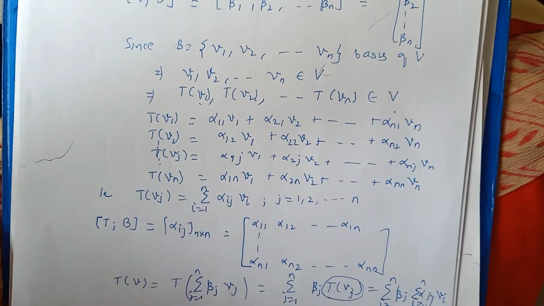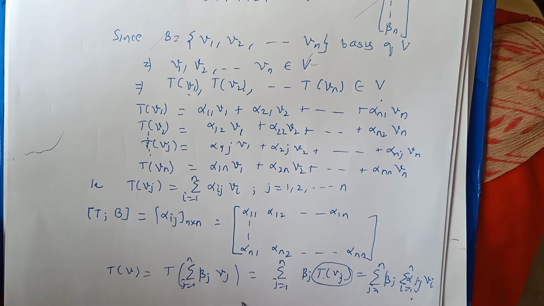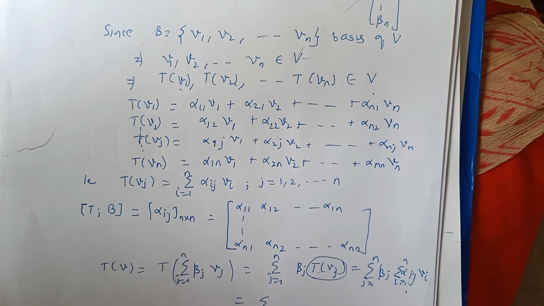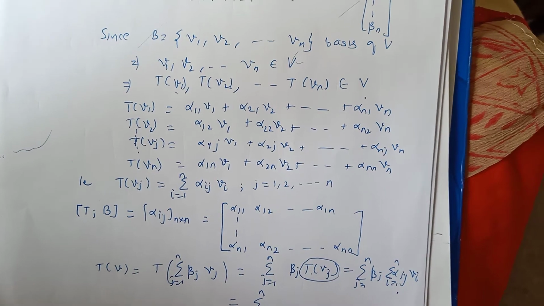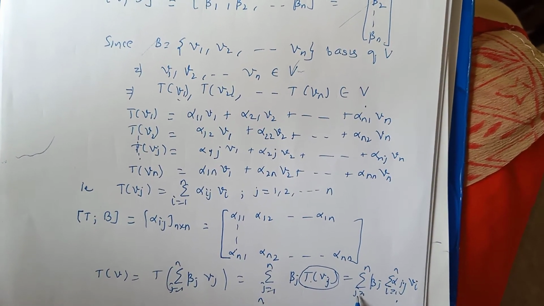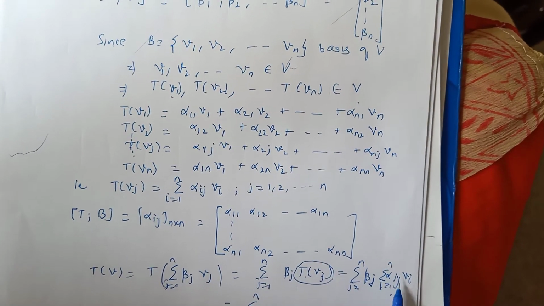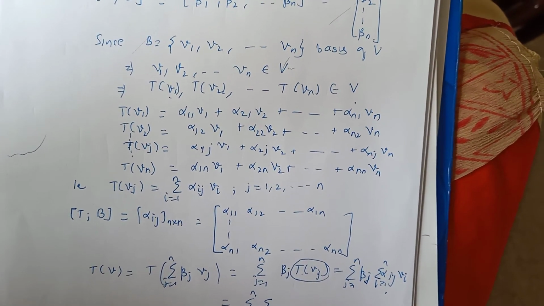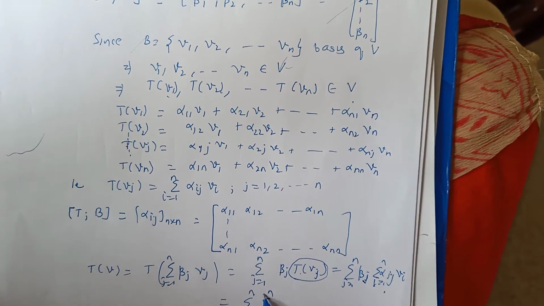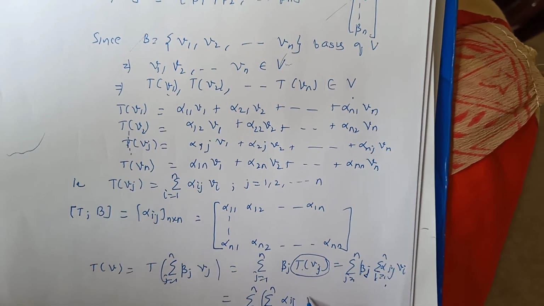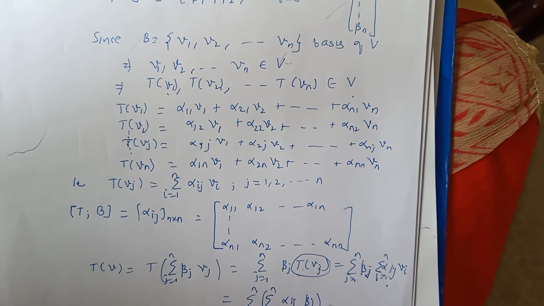Alright. So this is equal to the summation i from 1 to n. Now this beta j is independent of this i, so I can take it inside. So I am writing them as alpha ij beta j Vi,